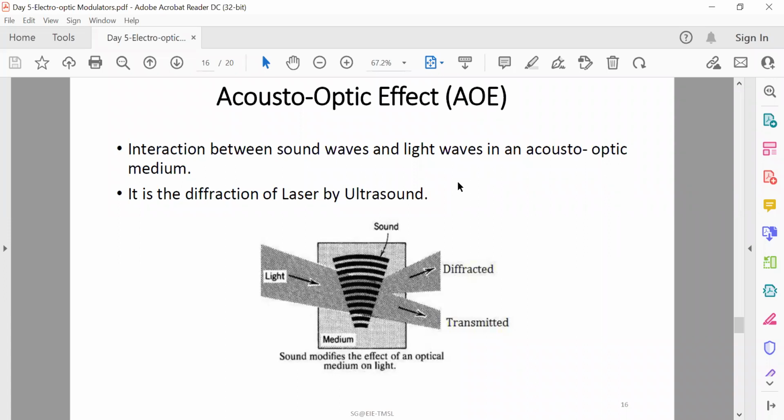Now that is what happens in the case of a fluid, but what happens in a solid? The sound involves a vibration of molecules about their mean position, which alters the polarizability and consequently the refractive index. So that's why the medium becomes a dynamic graded index medium. Okay. So in this context,